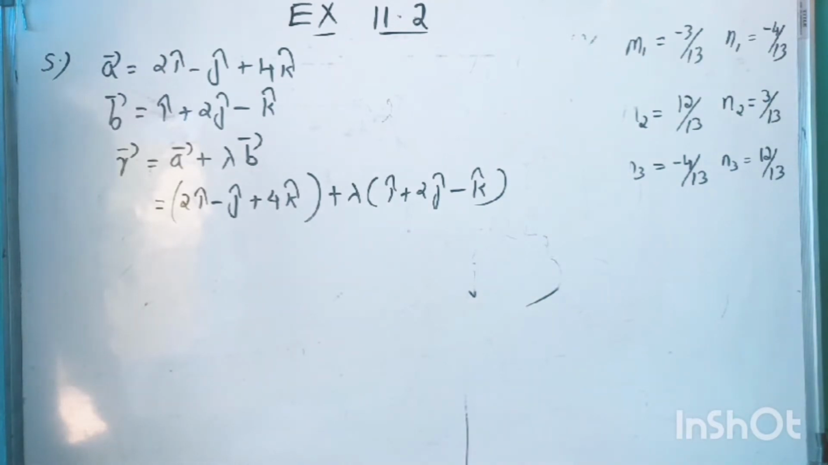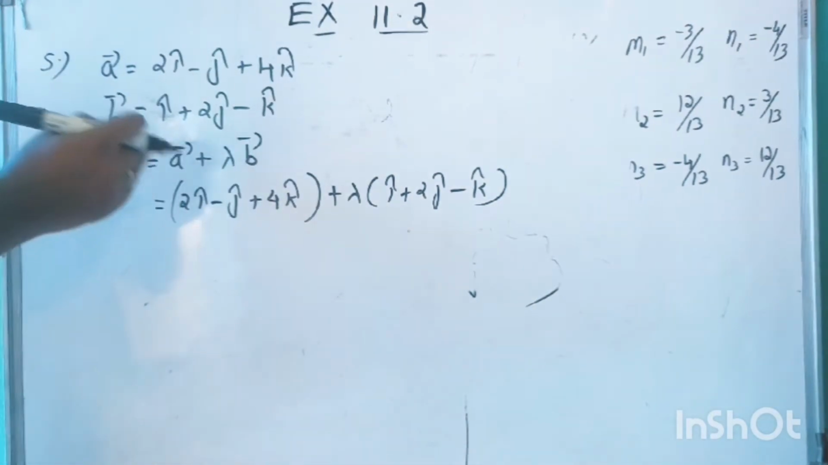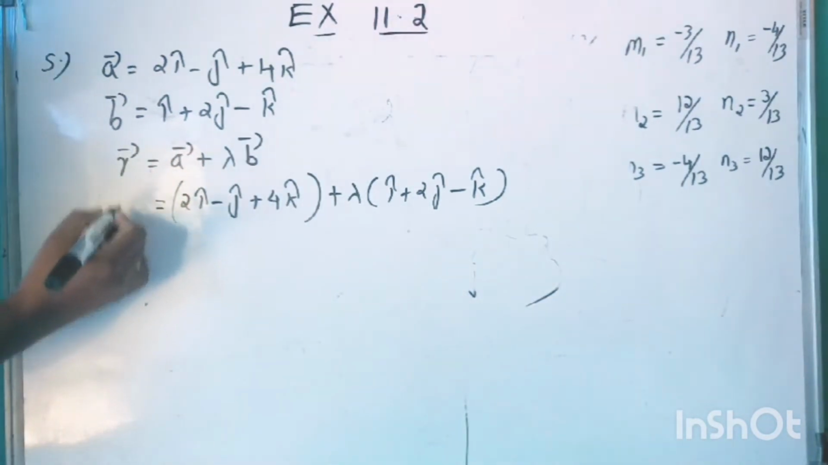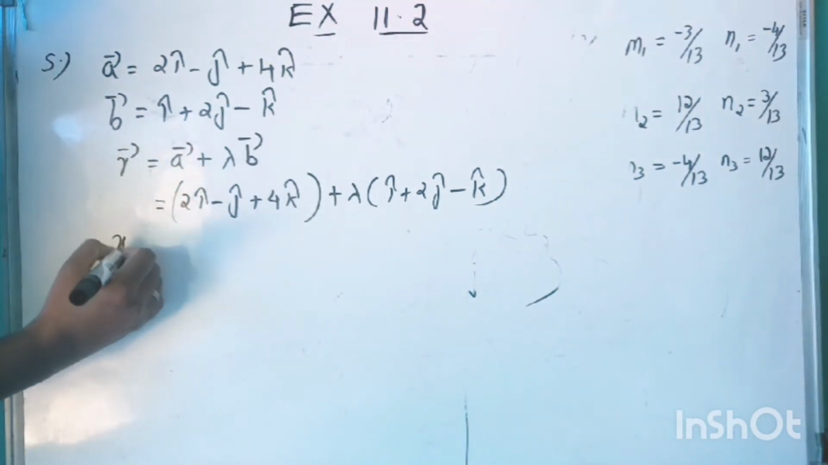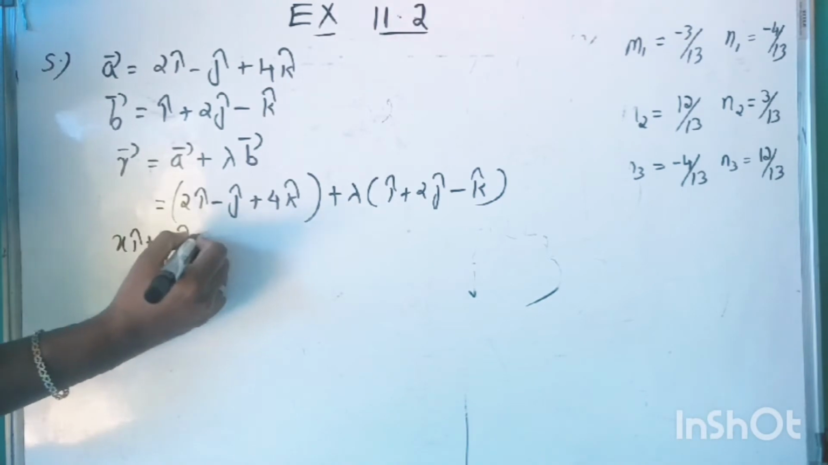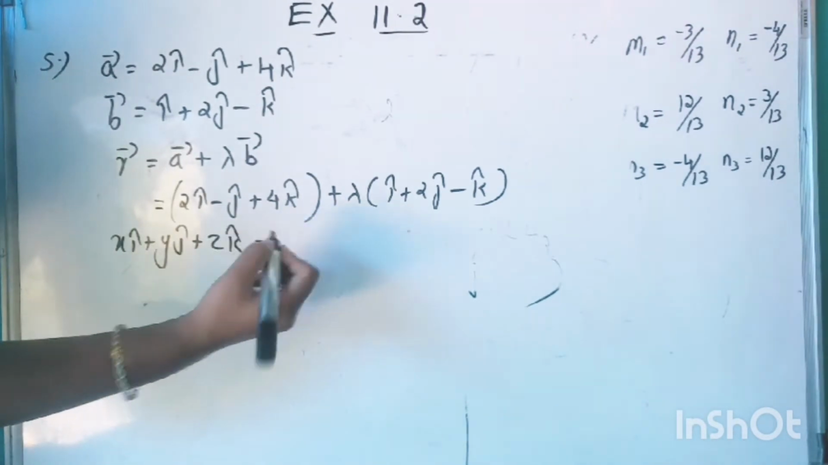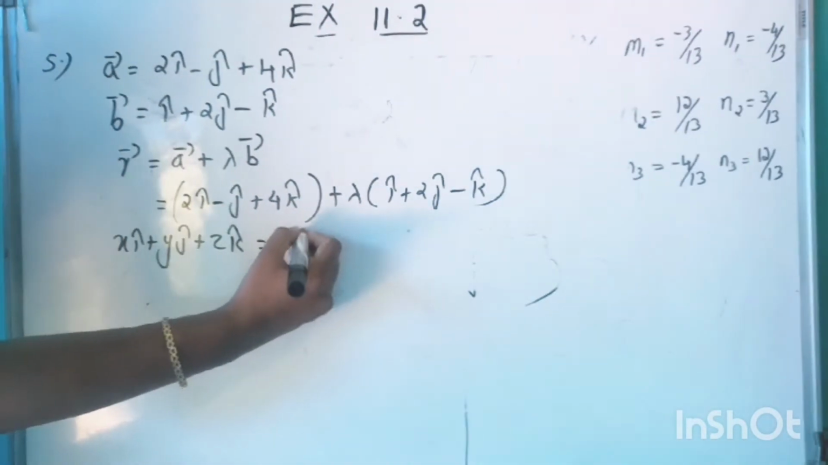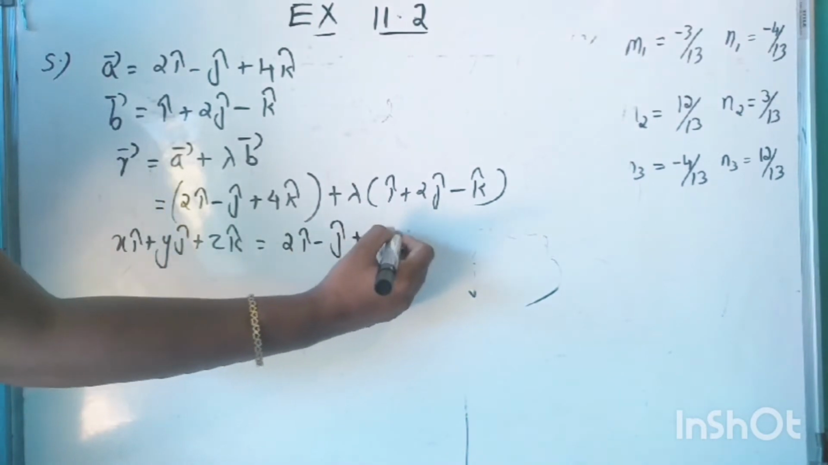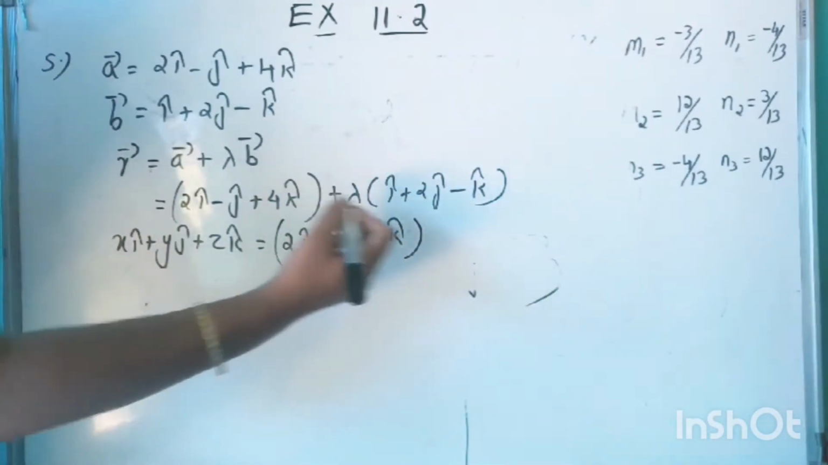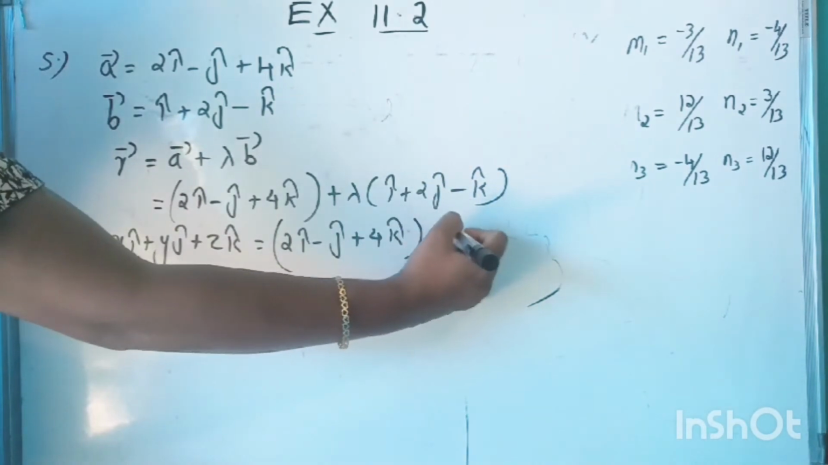Or you can use that Cartesian formula: x minus x1 divided by a is equal to y minus y1 divided by b is equal to z minus z1 divided by c. That formula you can use. Here I'm going to find it from this step itself. So I'm going to take r vector is equal to xi plus yj plus zk. And this is equal to 2i minus j plus 4k,